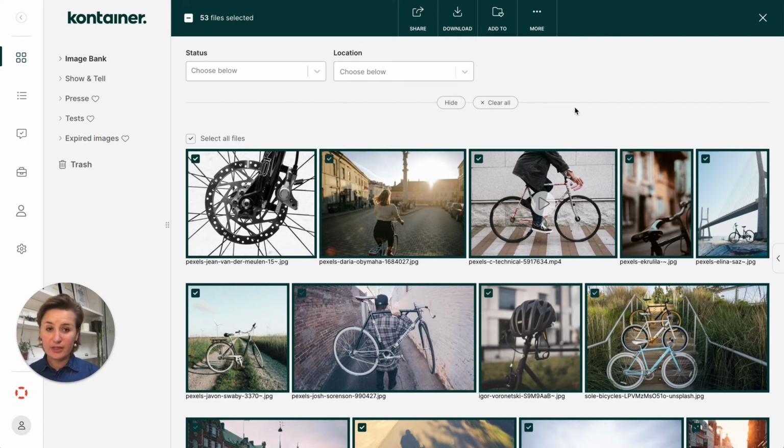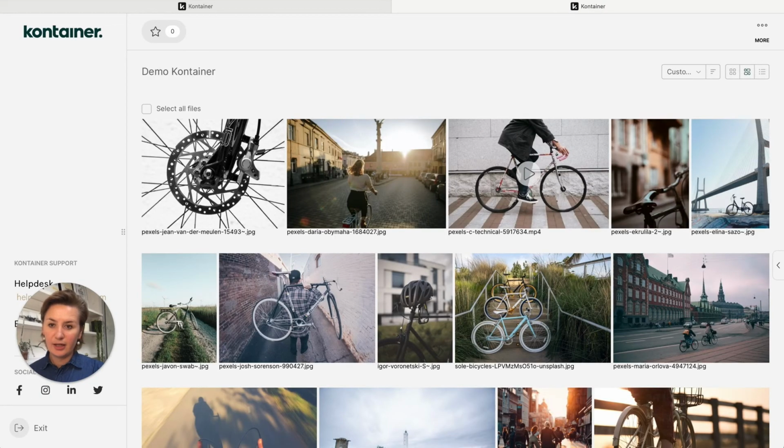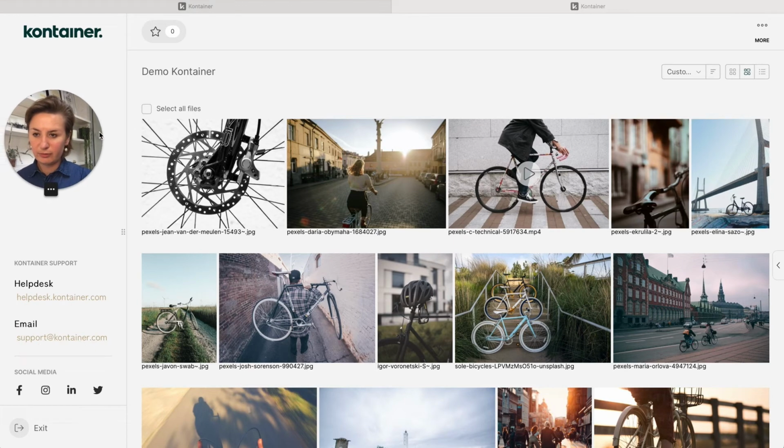There are different ways that you can customize user experience in Container. With brand section, which I mentioned just before, you can add details over here in the left-hand menu that will appear when your users log in. So I will just show you what that looks like. I have created a share link that I'm going to paste here in a new tab.